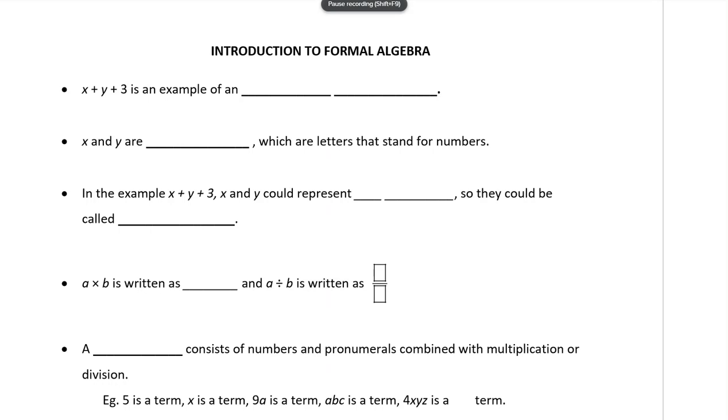All right, so we are starting algebra. This is quite a big topic, as you can tell by the size of the booklet, so please look after your booklet. This does have the theory and the exercises all in together. Okay, so